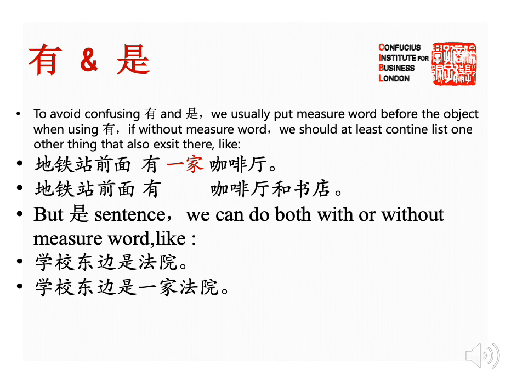So for example, 地铁站前边有一家咖啡厅 measure word for coffee shop 一家 And without measure word, we should at least say at least two things, like 地铁站前面有咖啡厅和书店 Okay, now here we don't need the measure word. But in 是 sentence, we can do both with or without measure word, like 学校东边是法院 And we can also say 学校东边是一家法院